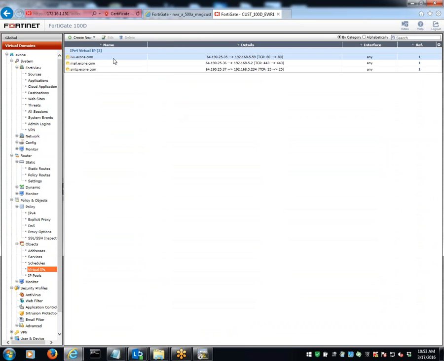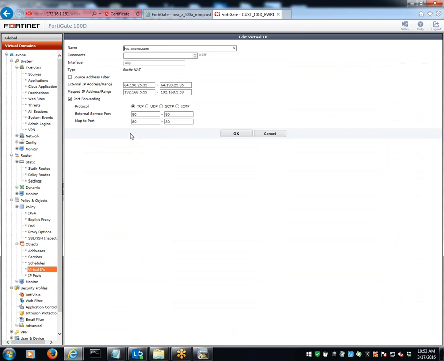The virtual IP section is pretty much where I'm doing the port forwarding. If you look at one of these examples, you see I have the name, then the external IP, the internal IP that it's mapped to, and then I have port forwarding enabled. Port 80 is what is being forwarded from the outside to the inside. You'll notice in the recent version of the FortiGate, you don't have a